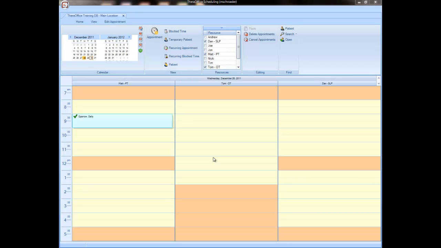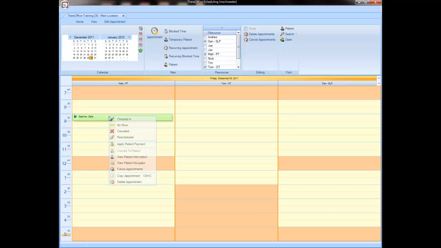Okay, now we're going to go through the process of estimating the patient's responsibility based on previous visits that already have charges. So what I've done is I've set up Sally with 2 past visits, one on the 28th and one on the 29th, and I've set her up for a current visit for the 30th. I've put in charges in the accounting program for both the 28th and the 29th. So now, when I go to check Sally in for this 3rd visit,